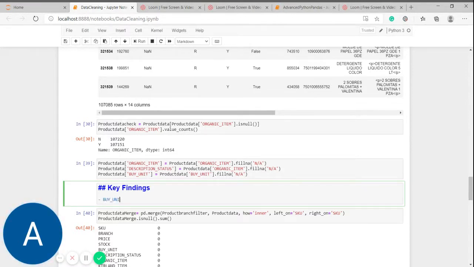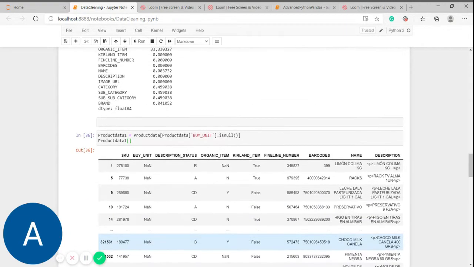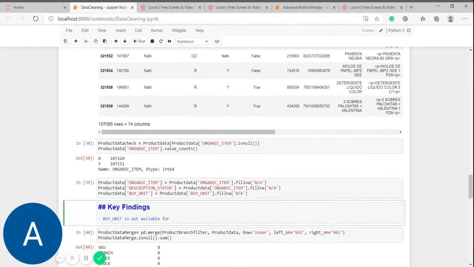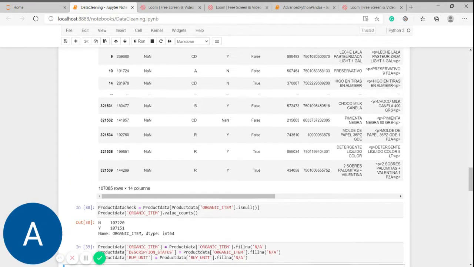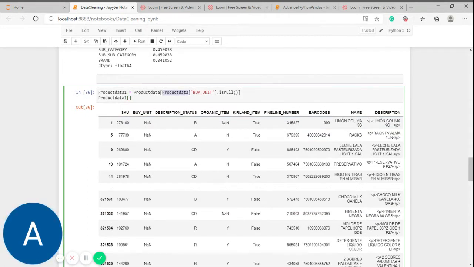By underscore unit is not available for 24%. So we have those as not available, and we need to share this information with the client. So what we will do is